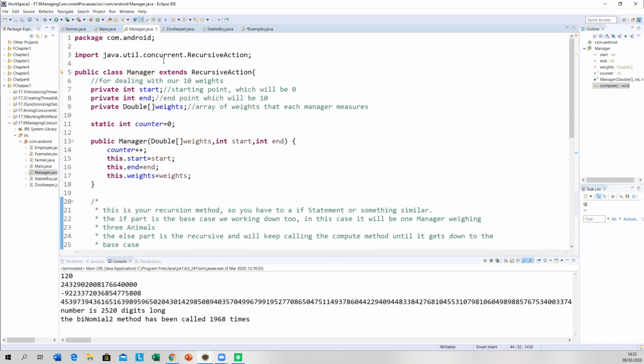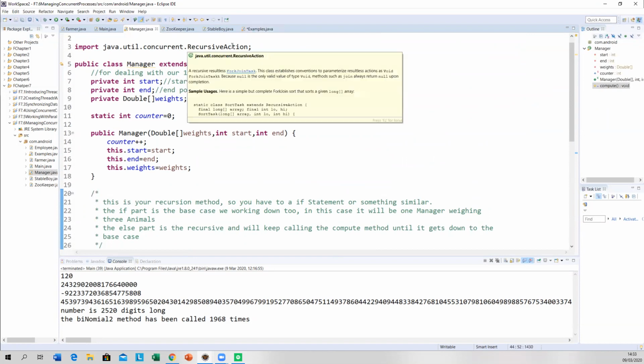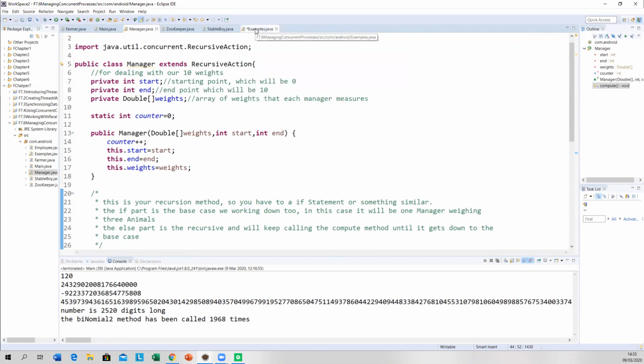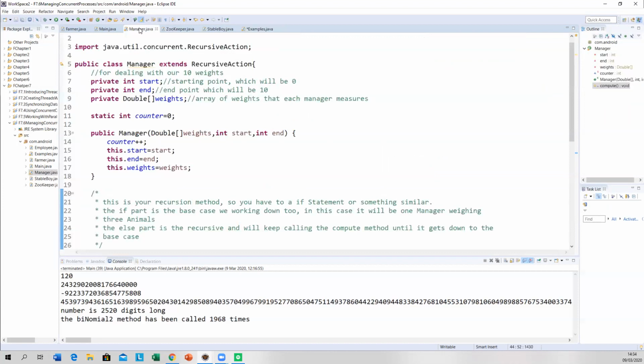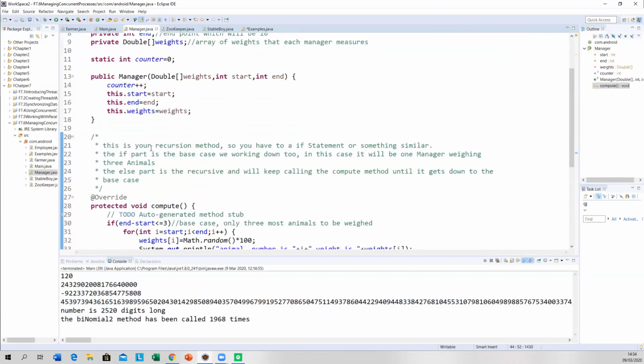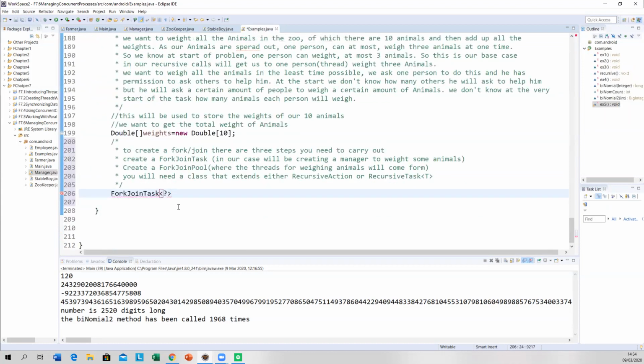Recursive action is the equivalent of the runnable, so it returns nothing. Fork join task does have a generic, but you have to put in a question mark there because this is going to be using a manager, which is a recursive action, and the compute method returns nothing.